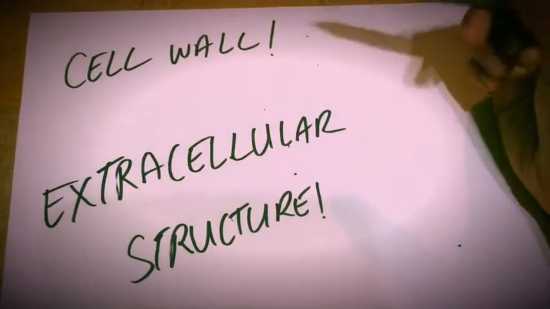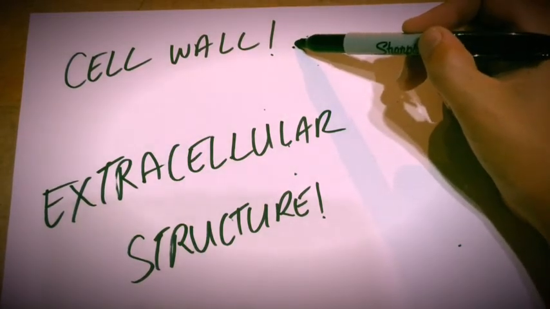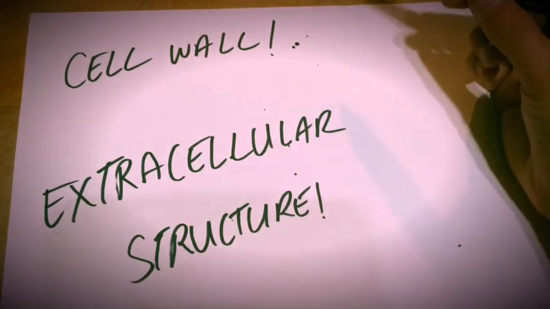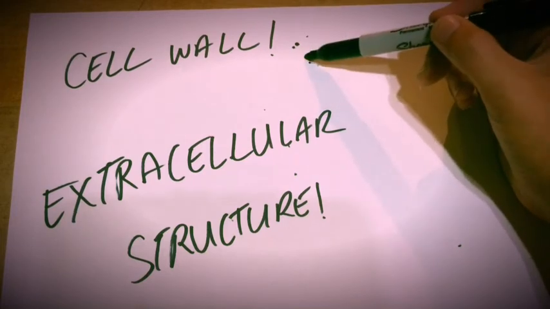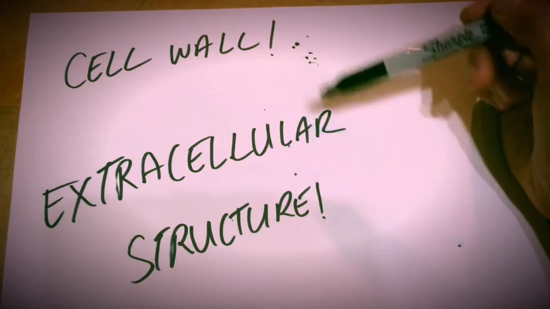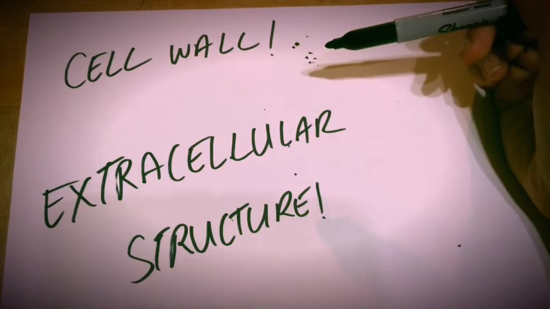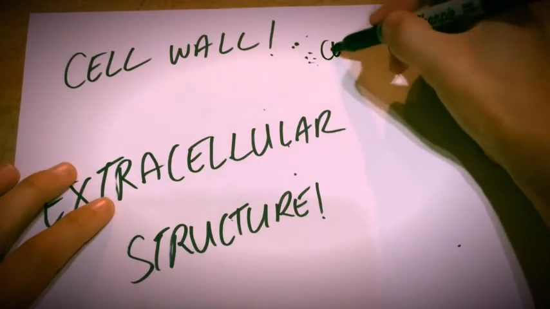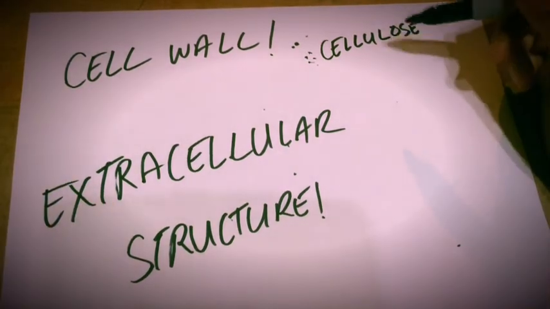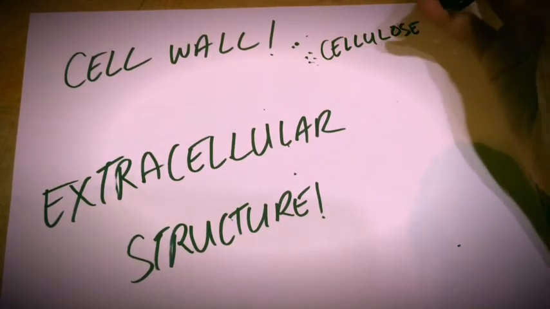Okay, finally, let's talk about cell walls. Now, some prokaryotic cells have cell walls. Plant cells do, animal cells do not, of course. It's an extracellular structure that is going to help us distinguish plant and animal cells. So some protists have these, some fungi have these, but again, animal cells, our cells, we do not. It's going to help protect the plant cell, help maintain the shape, and also prevents excessive uptake of water. So plant cell walls are mostly made of cellulose fibers. Cellulose, which is hard for us humans to digest. So plant cell walls have lots of layers. There's like a primary and a middle and a secondary,